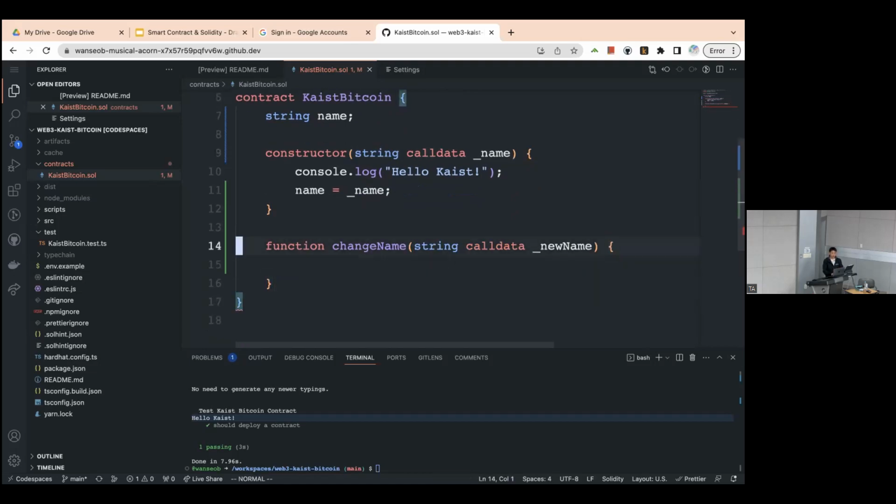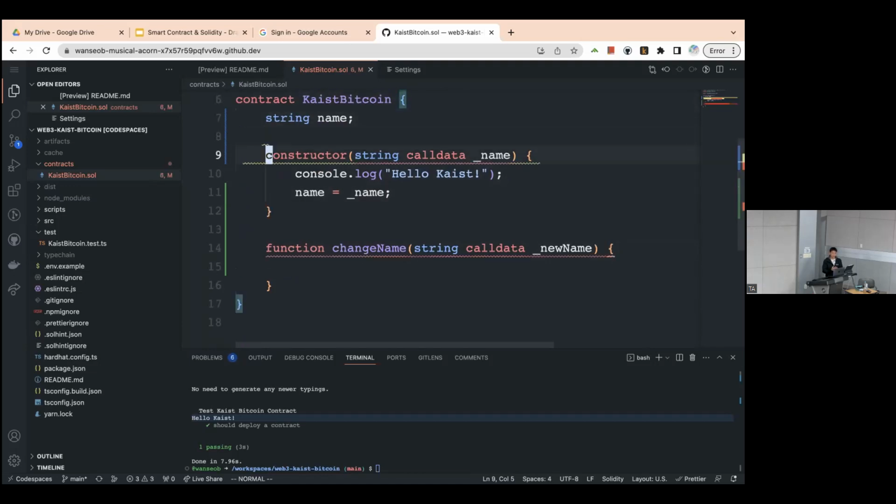It means when this contract is deployed, the name will be stored in a storage variable. And if we execute this function, the storage variable will be changed. So name should be changed, like newName,